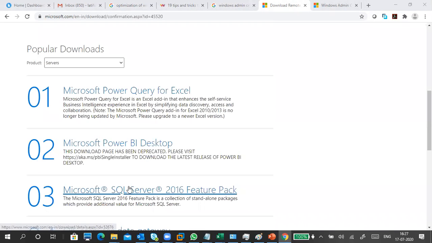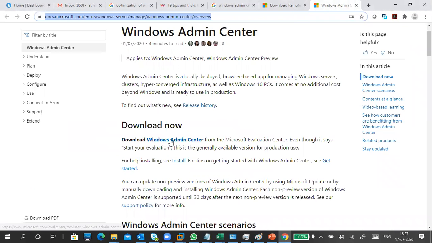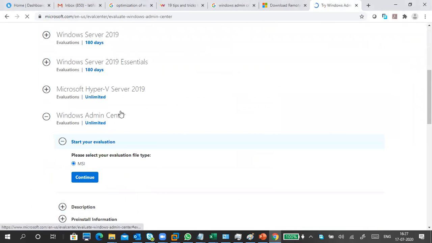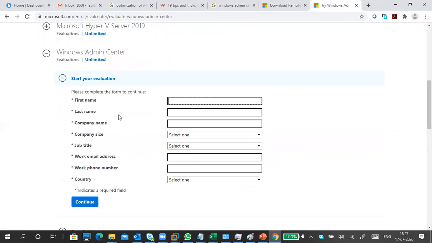These are all popular free downloads only. Power desktop is also there. See, this is Admin Center. If you want to download, then download Windows Admin Center also. This is the Windows Admin Center .msi package. Continue, and you should give all these things.